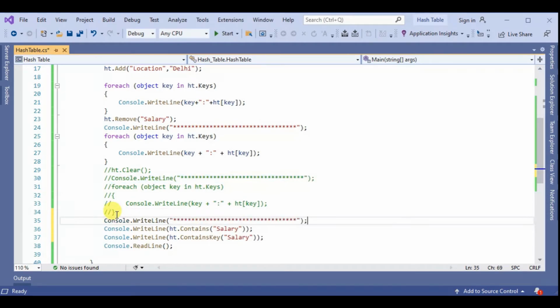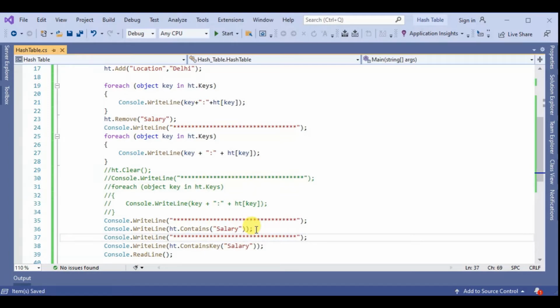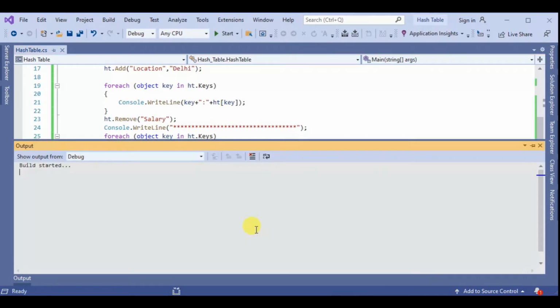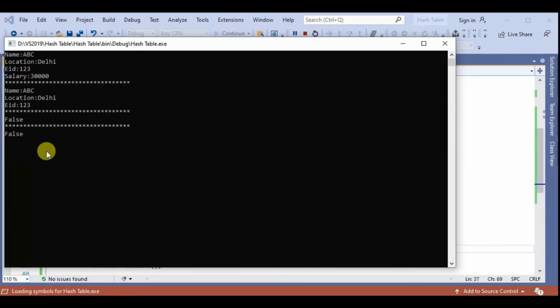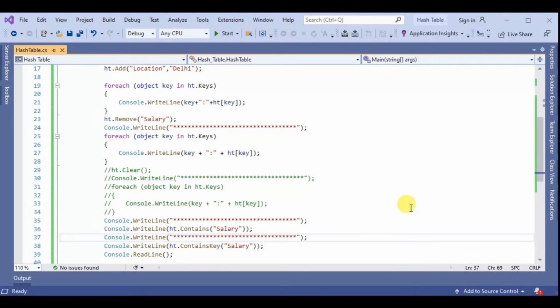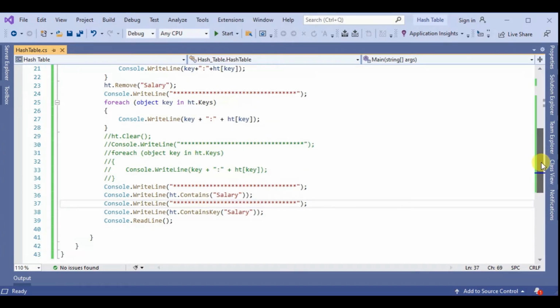Copy, paste, save, F5. So the output is false, and false means the salary item is not present in the hash table. So contains and contains key are the same.